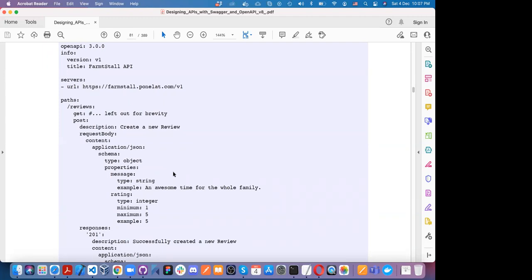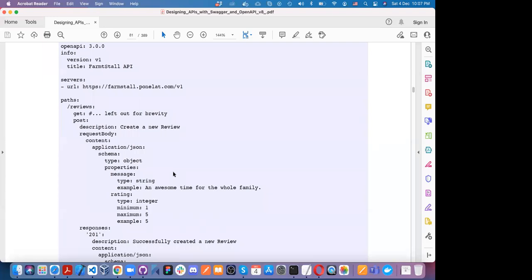Same goes for other people. For example, if Awais or Sarzia is going to develop an application, they have to follow the same rules and regulations. For example, there must be a servers tag, and the servers tag would tell us what the URL for HTTPS would be, what the path would be, and under the path there would be the name of the path, which tells us what we are going to be doing under this review section. And in the review section, everything is clearly written.